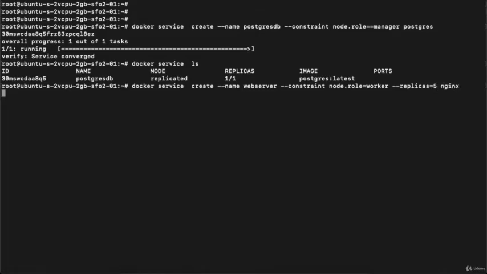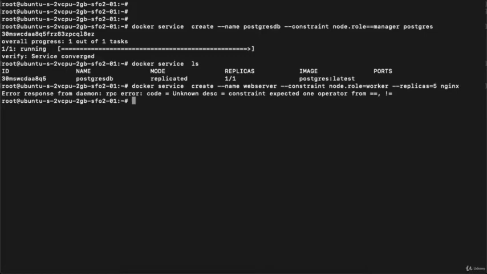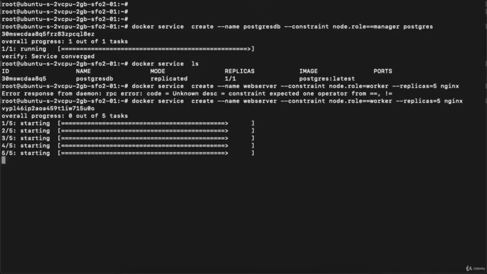So it will start. Oh, we need to define double equals over here. node.role==manager. So it will start 5 replicas of the nginx server on the worker node.